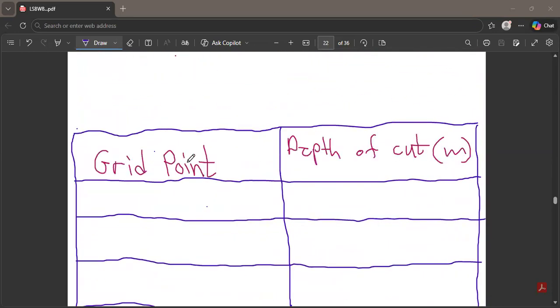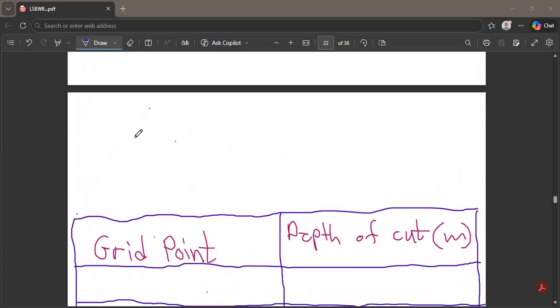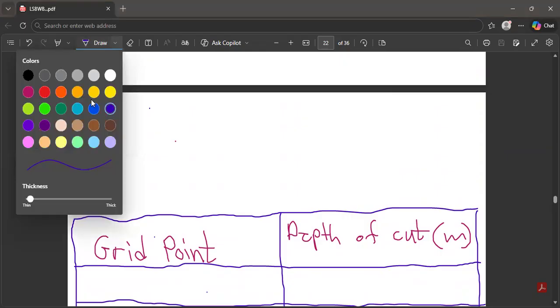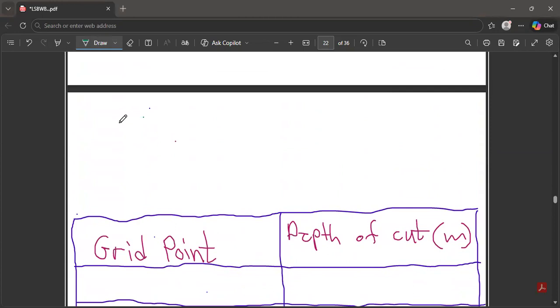As you can see, this is the grid point, and then this is the depth of cut. Also, the formula we're going to use to calculate the depth: our depth of cut is going to be equal to the existing level, or the grid, minus the formation level, which is 47.00 meters. Take note, I said that we're going to be using the average depth method. The formula I'm going to put over here makes life much easier. So depth of cut,